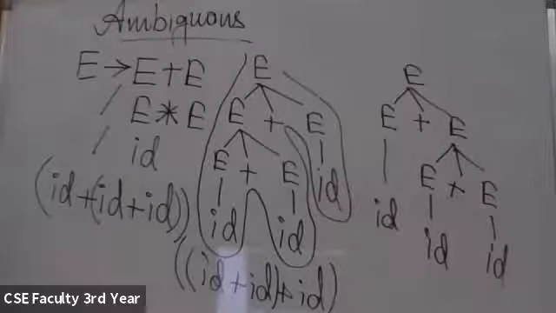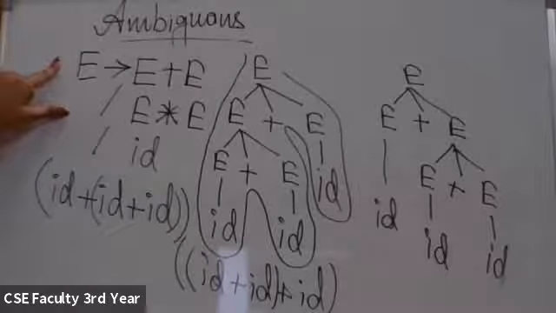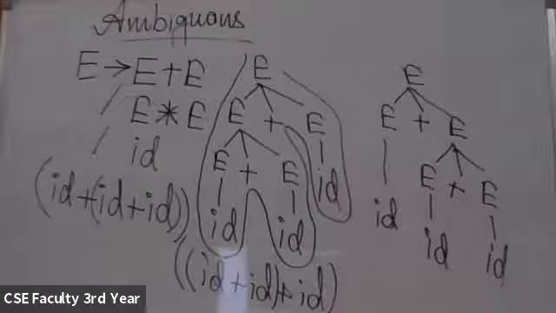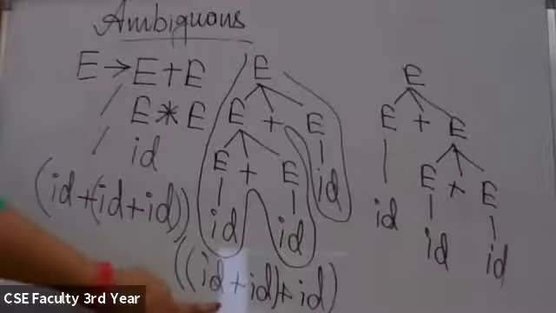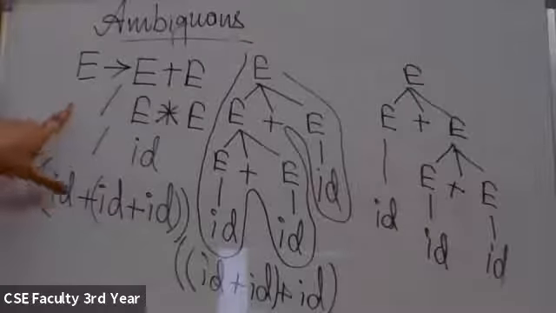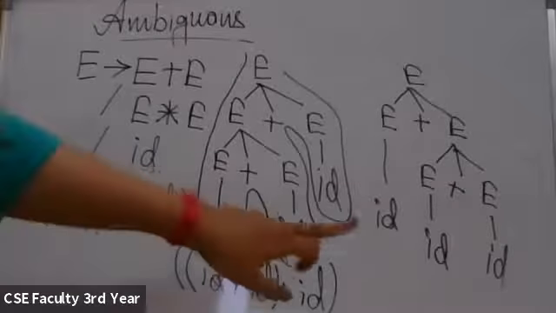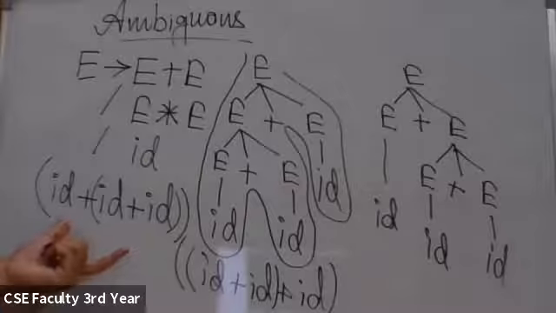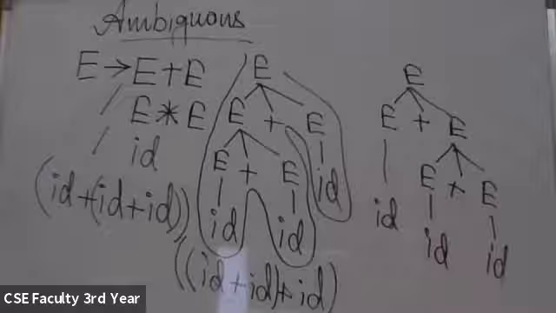That means the first cause, or the first problem with this grammar, is that associativity is not taken care of. You can note it down. That is why we are getting two different types of associativity from the same grammar and for the same set of input. If we are getting two different parse trees for this string, that means the associativity is not taken care of. That is why we are facing this problem. So this is cause number one.